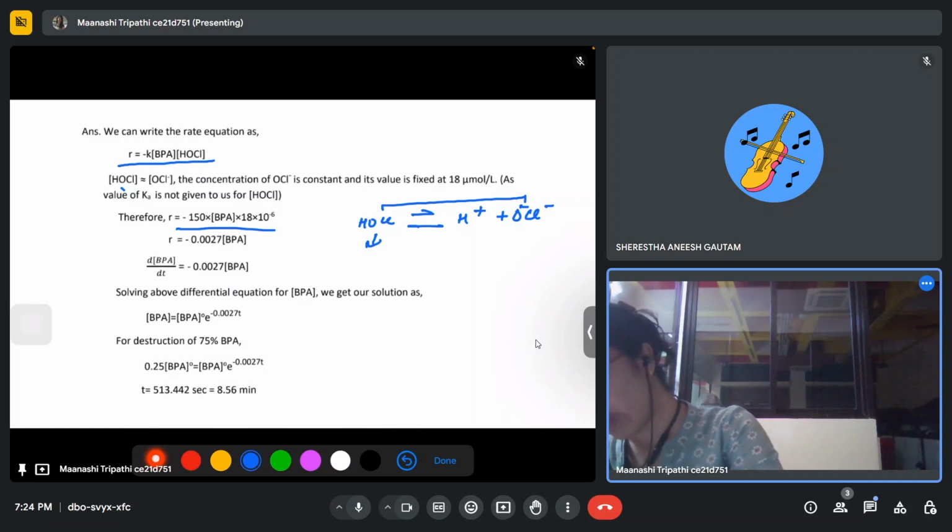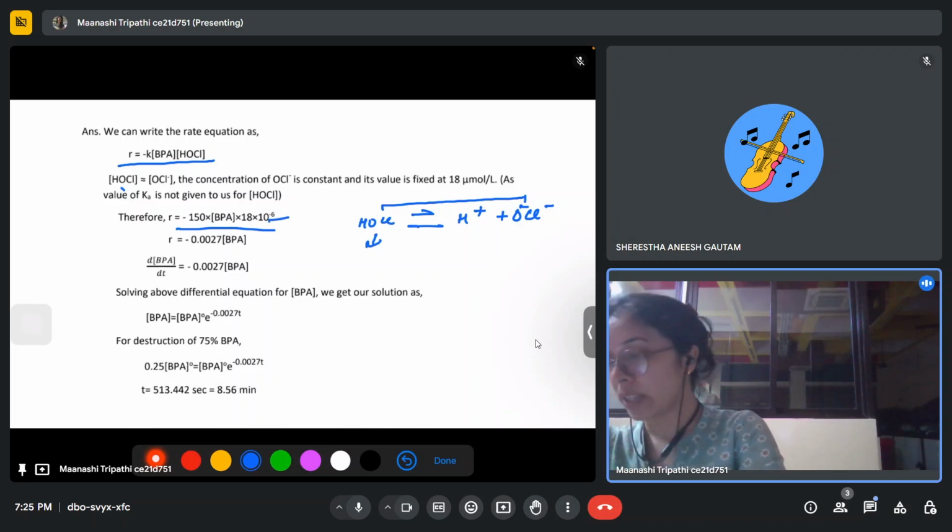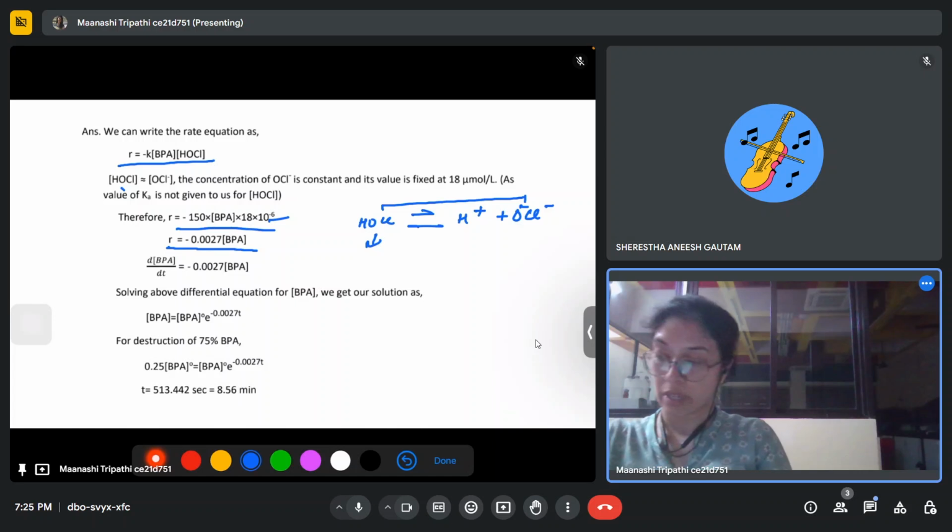We need to find out BPA percentage, right? So BPA into this HOCl. It is 18 into 10 raised to power minus 6. So R, the rate of formation, is 0.0027 into BPA. Now